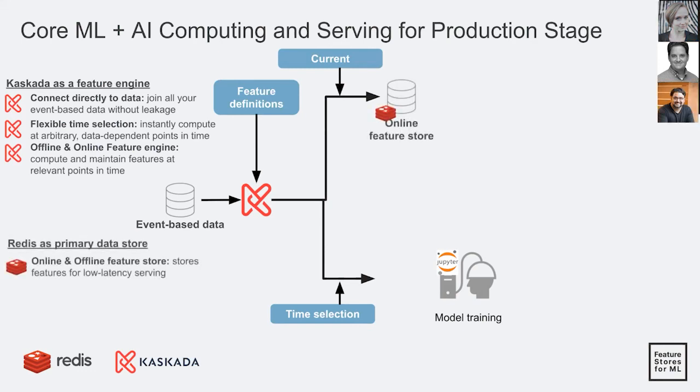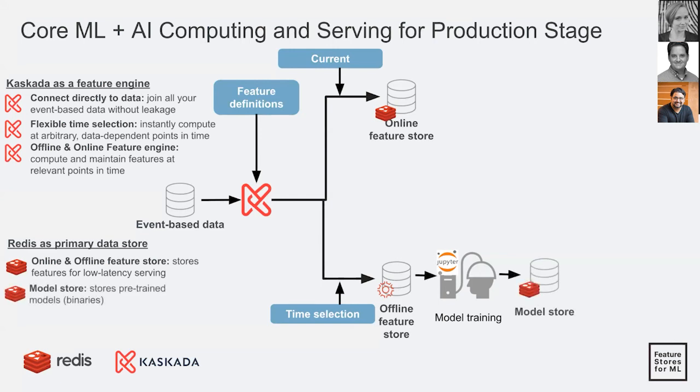Timur? And once you've had these features computed, you can put them into Redis, which can be an online feature store for low latency storage and serving. At the same time, with solutions like Redis Enterprise, where you can actually store the data on flash, you can store larger data sets and then actually use it as an offline store. Even though you may have existing solutions like data warehousing solutions, such as Spark, Databricks, or Snowflake, this is another option for low latency storage across higher data sets.